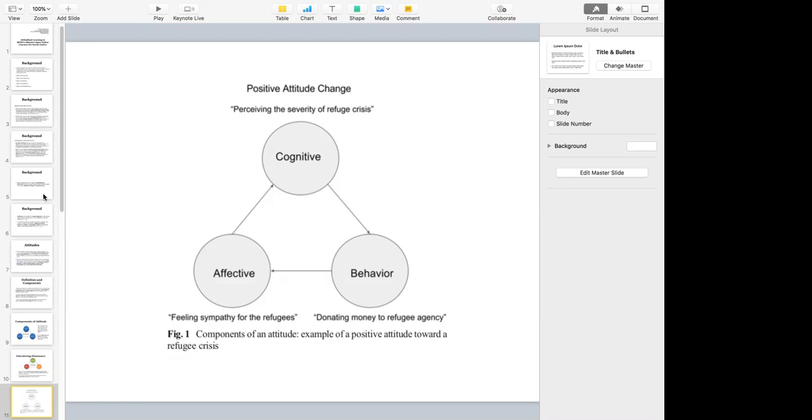So, the cognitive, getting information and knowledge, and feeling how you feel about these refugees, versus how I'm going to take action towards that attitude, are the three different components of an attitude. So this is what kind of behavior I would like to foster in my students, right? And in order to create that, all three components, cognitive, affective, and behavior, have to be well balanced and consistent with each other.